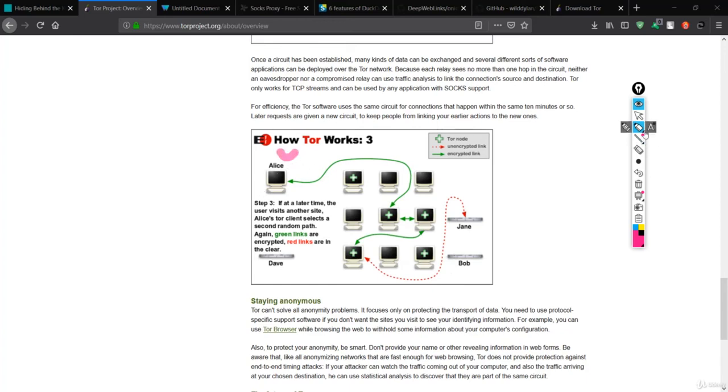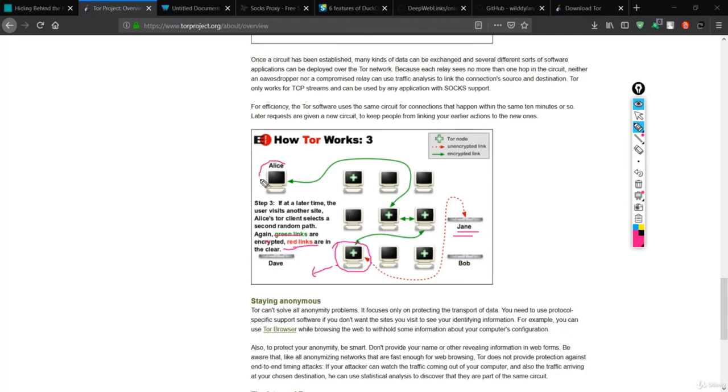So this is a very important encryption technique in the case of Tor, and we have to see how these circuits are created. The green link here is an encrypted one and the red link is the clear, or unencrypted, link. That means this will have the information of this node, but this node is one of the Tor nodes.